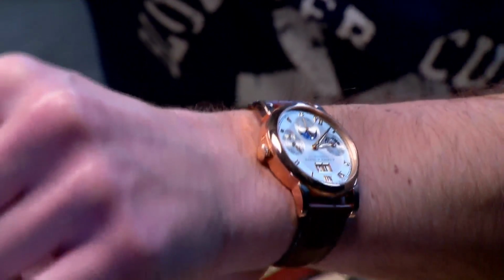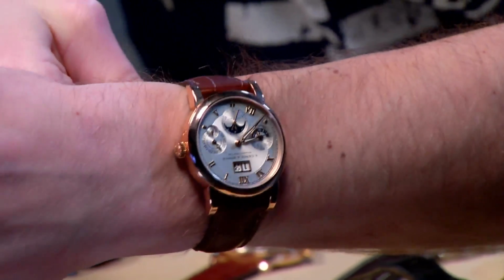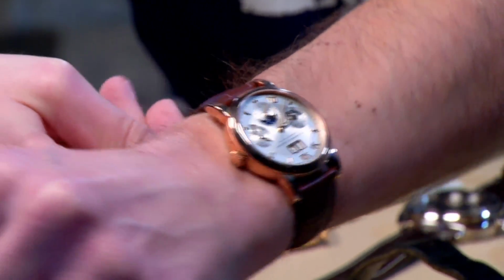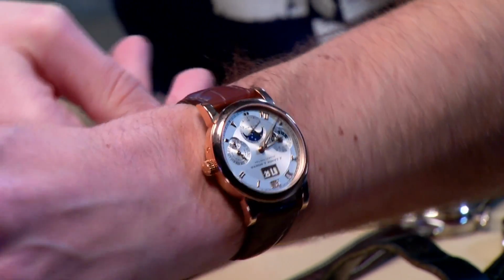Throw it on the wrist, and the watch is wonderfully wearable at under 48 millimeters from lug to lug. You can see how it really hunkers down on the wrist. Again, 16 centimeters circumference. My wrist wears this one easily. This is a natural size for me, and at 38.5, I'm willing to bet for a lot of guys, this